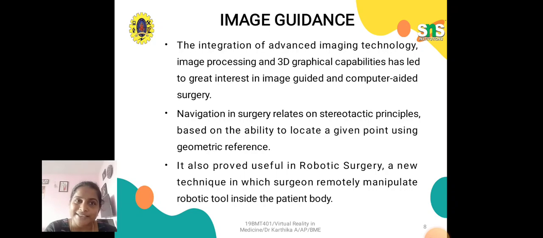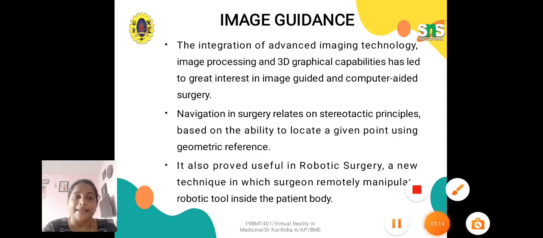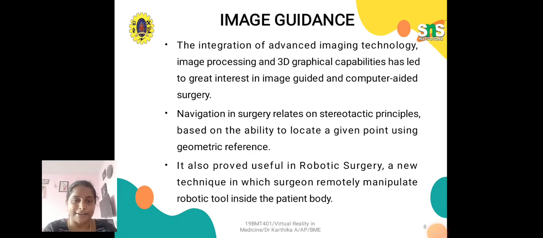For image guidance, the introduction of advanced imaging technology, image processing and 3D graphical capabilities has led to great interest in image-guided and computer-aided surgery. Navigation in surgery relies on stereotactic principles based on the ability to locate a given point using a geometric reference. It also proved useful in robotic surgery, a new technique in which the surgeon remotely manipulates a robotic tool inside the